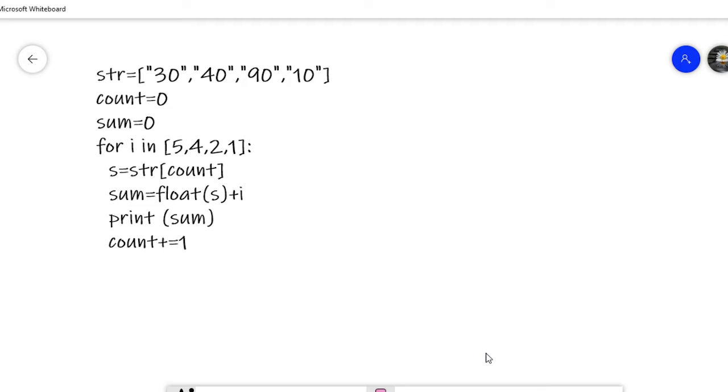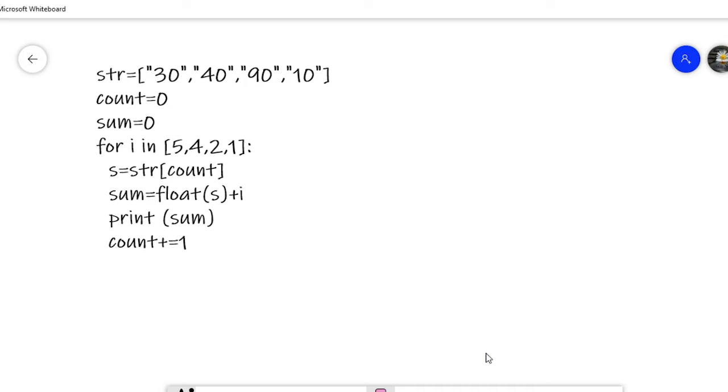So here is the code. str = [30, 40, 90, 10]; count = 0; sum = 0; for i in [5, 4, 2, 1]: s = str[count]; sum = float(s) + i; print(sum); count += 1. So what is the output of the given code? Any guess? We will see the working flow of this code.